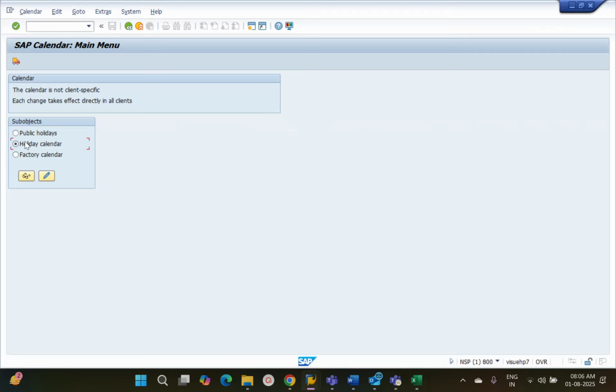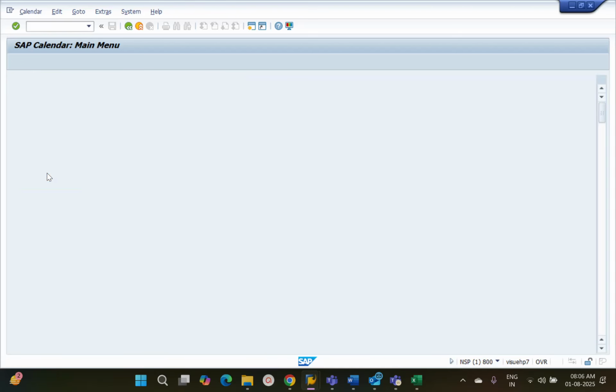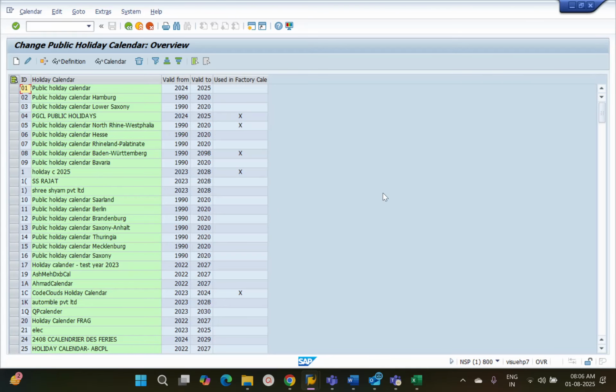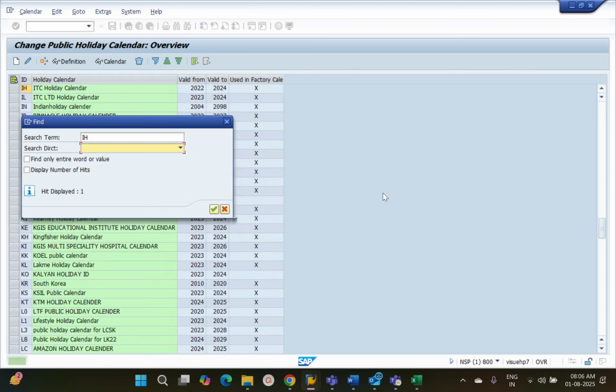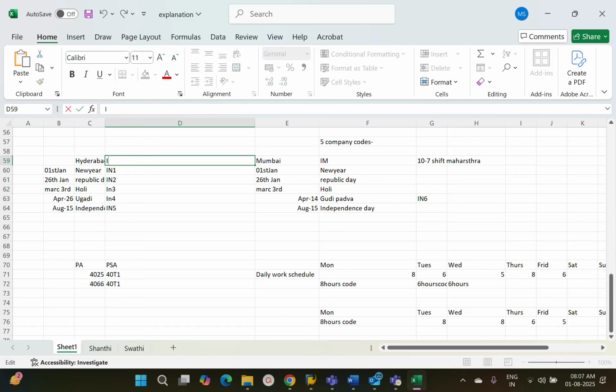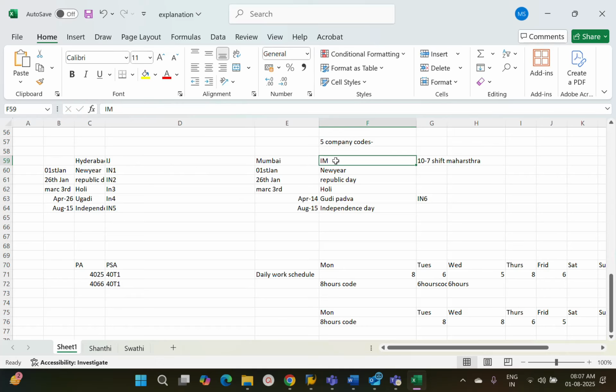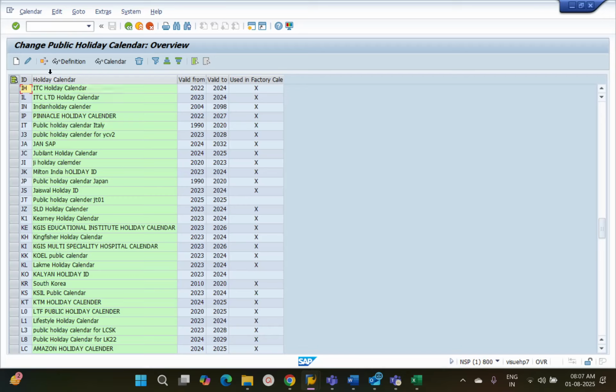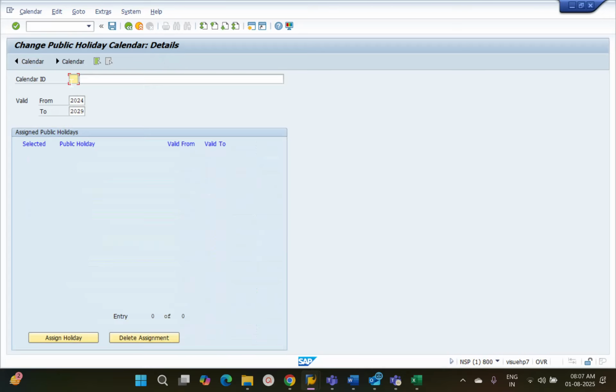Now how to do that is by going to holiday calendar. First, we will see if there is any IH or IM. For IH, there is already an ID present, so we can't create it as new. Let's see if there is any free space. IJ, IK, right? There is no IJ and IK. So what I'll do is, for Hyderabad we'll use IJ, for Mumbai we'll use IK. Okay, now I'm clicking on create. It says now you must give the IJ